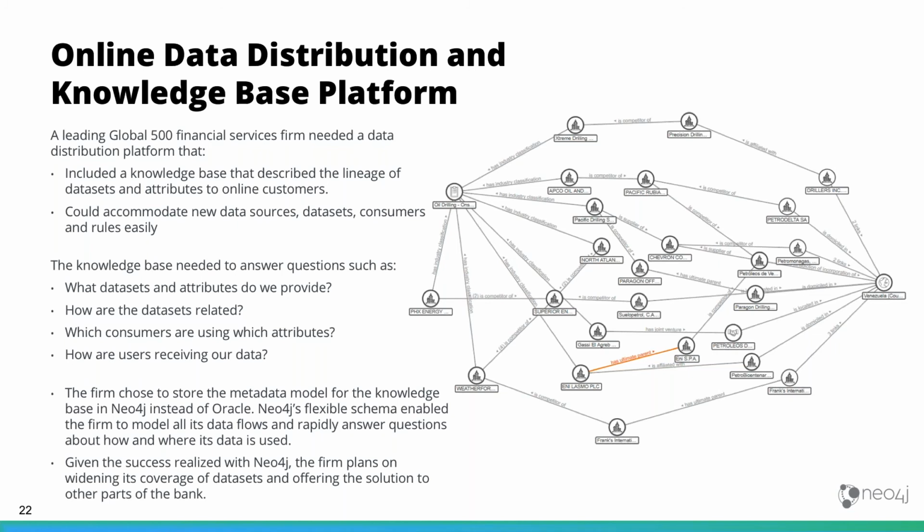Given what they're doing today with this, they're expanding their plans and offering this data set to other parts of the bank and adding additional entities into this graph to make it a much bigger linked graph. So it's a very innovative use of such connected data, for the first time, to really assess risk and provide their analysts a knowledge base to work on.